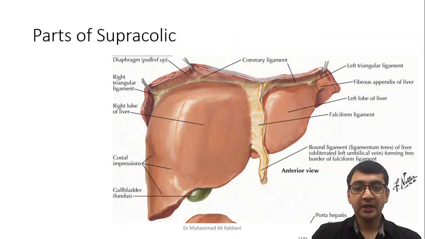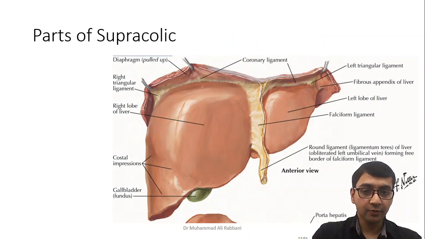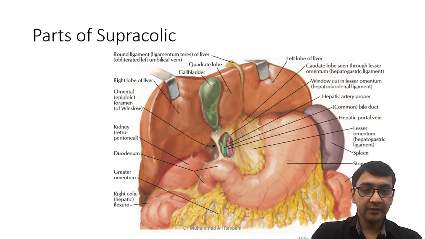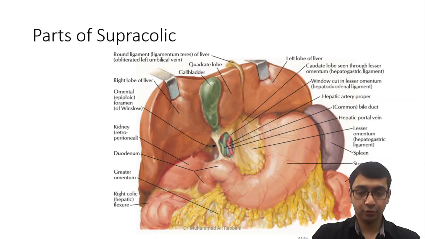Let me show you here. So here the anterior wall and the diaphragm have been removed, so you are looking at the anterior subphrenic space. It is further divided by the falciform ligament into the left and right anterior subphrenic space. If we pull the liver up anteriorly, behind the liver you can see the posterior subphrenic spaces. So here is the left and here is the right posterior subphrenic space. The right posterior subphrenic space is between the liver anteriorly and, here you can see, the kidney posteriorly. So it is also known as the hepatorenal pouch.